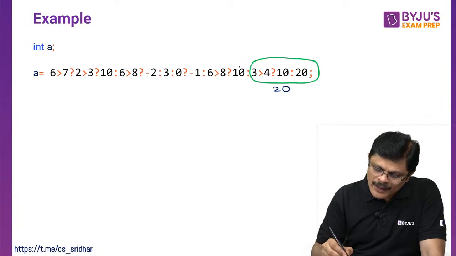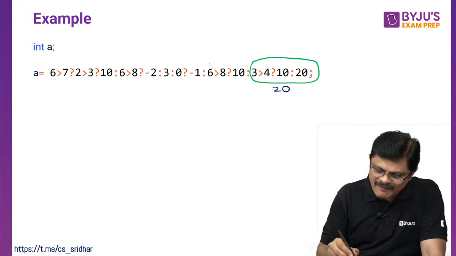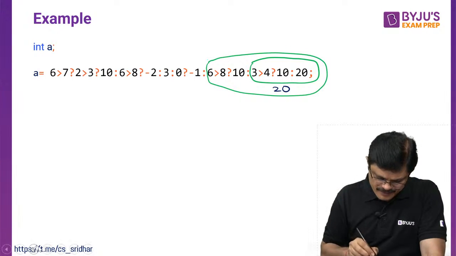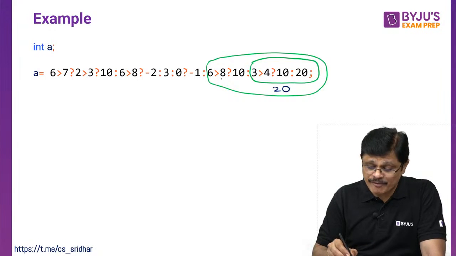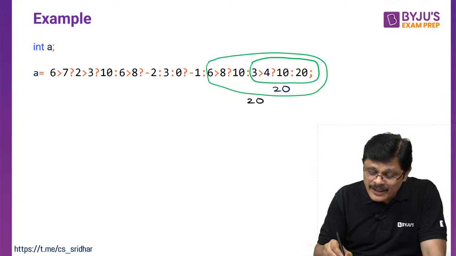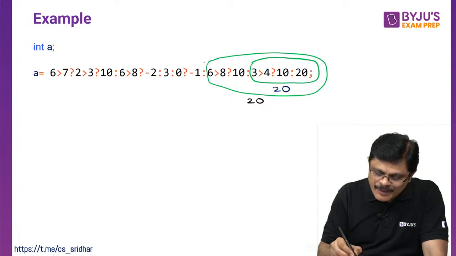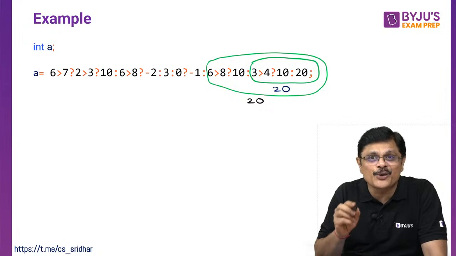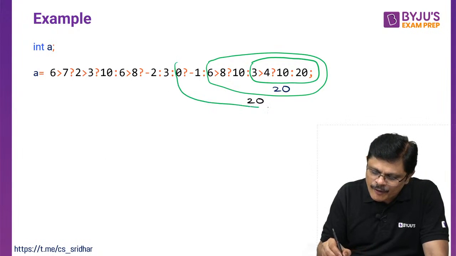Now after that, colon and question mark. Colon and question mark, when you see, create the next level. Now see what is the answer for this. 6 greater than 8 is false. False means here 10, 20. False means 20 will be the answer. Here also 20 will be the answer. So -1 colon 20. Here there is a question mark. Again colon followed by question mark. Here you see there is a single zero. This is a very interesting fellow. This is a single zero, no problem. Single zero followed by this expression.